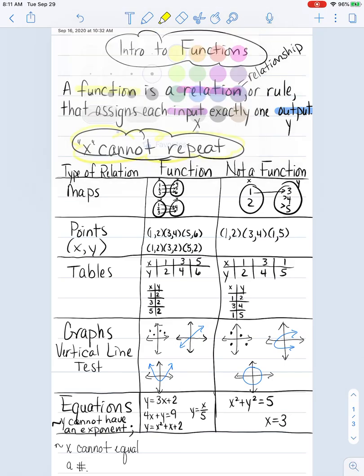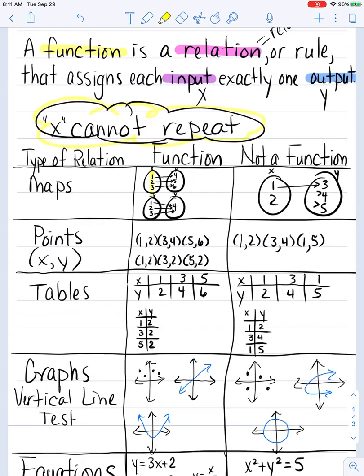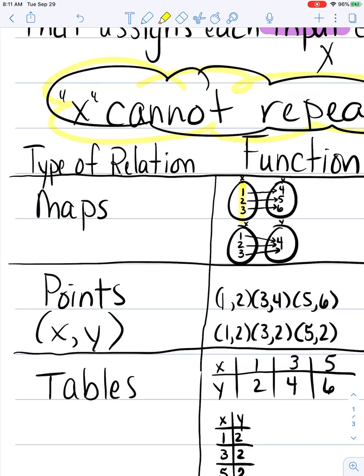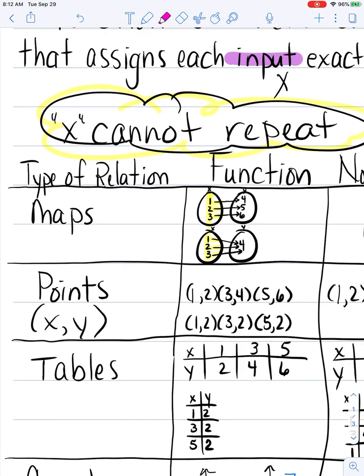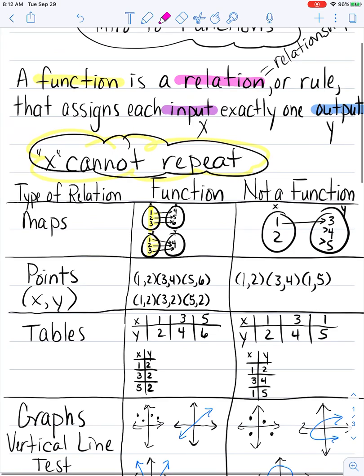So whenever I look at maps, I want to look at my x, or let me make this a little bit bigger, my x or my input oval. And here I notice that each one of these just has one line coming out from it. That's what makes that a function. Look at this second one. Each of these has one line coming out of them. Now the y repeats. I don't care about the y. The y can repeat as much as it wants to. It's just the x that cannot repeat,